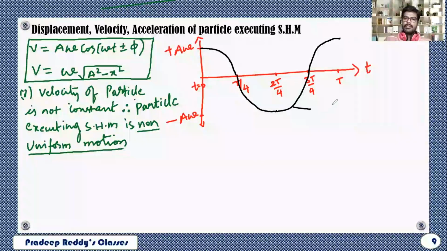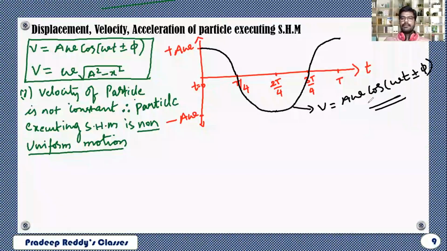And this equation represents V is equal to a omega cos of omega t plus or minus phi. This is the equation representing velocity of the particle executing SHM. Exactly this graph, which is representing velocity, is out of phase with the displacement graph. So clearly you can write